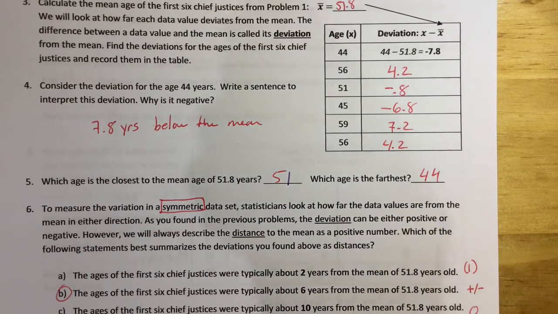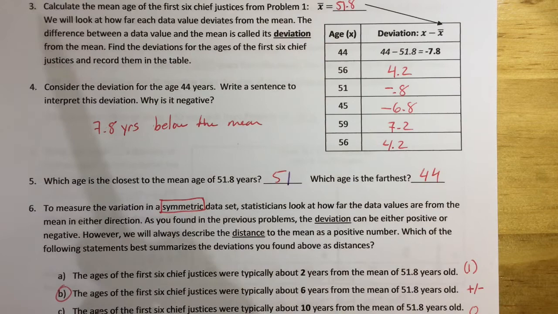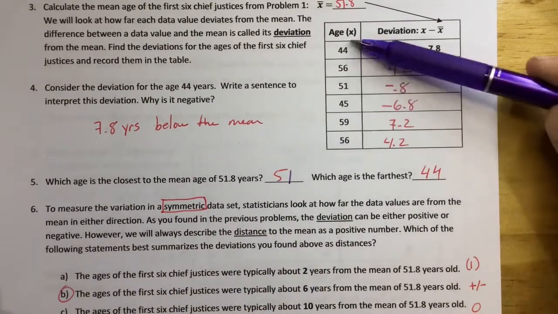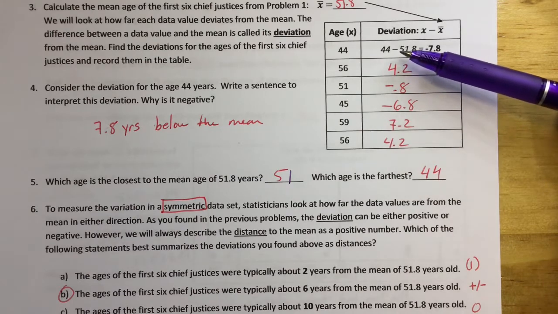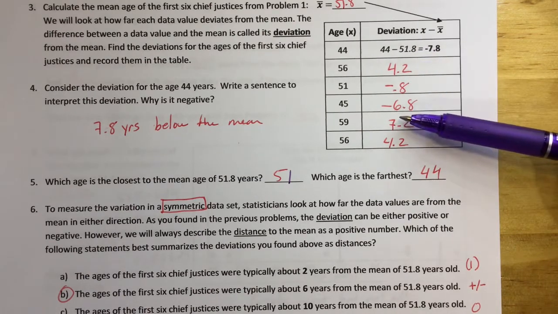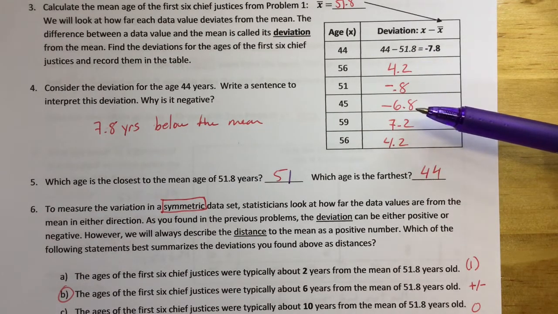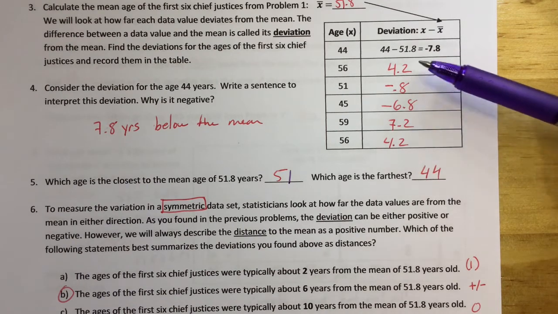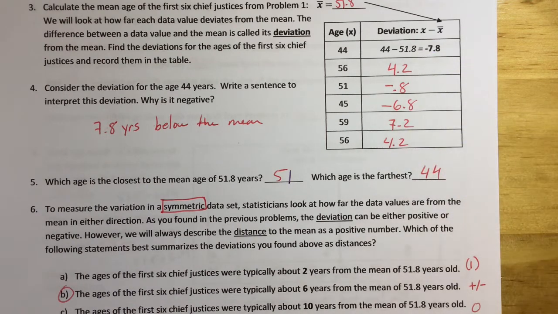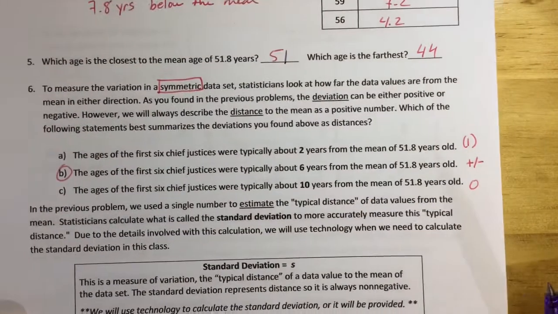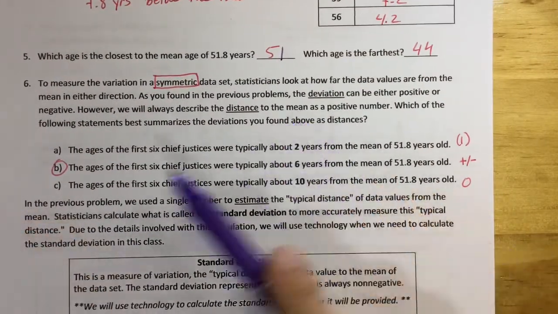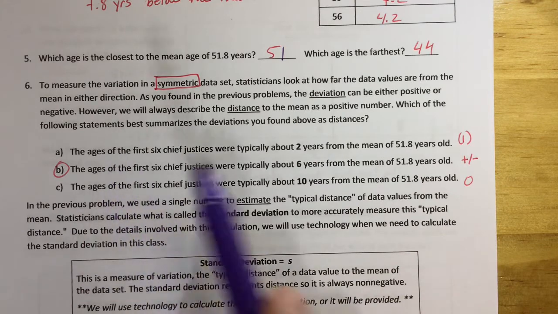So suppose we took some symmetric graph, which is pretty decently symmetric that we can look at, and you took all their deviations. We now want to start to summarize that, right? We don't want to give people tons of data. What we want to be able to give them is something small to look at, but tells a good story to it. Okay, so here's some choices on how we could describe the deviation of the data